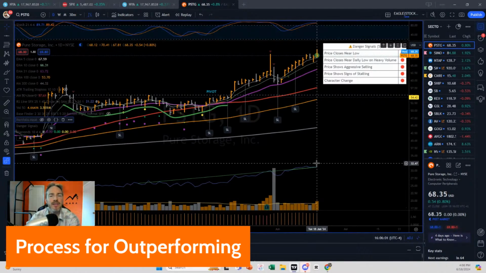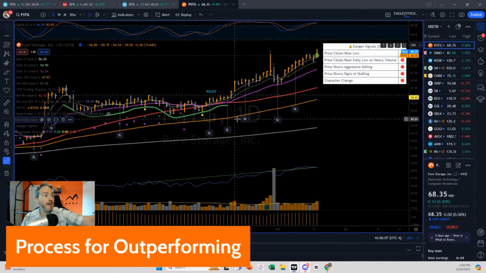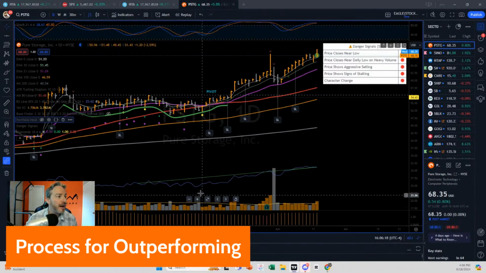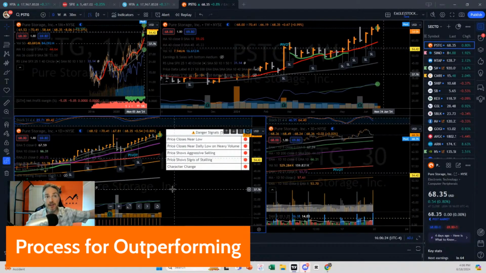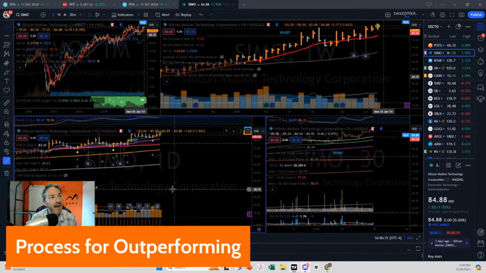The reason why I take the time to do that, and you might notice that there's a few annotations on this chart, namely these ones right here that say SL. Every time a stock shows up as a sector leader, I'm manually flagging it on the chart. I'm doing it on a weekly chart, and it just shows up over here on the daily chart as well. I want to know immediately, every time I flip through any of these charts, how many times and when a stock has appeared as a sector leader.